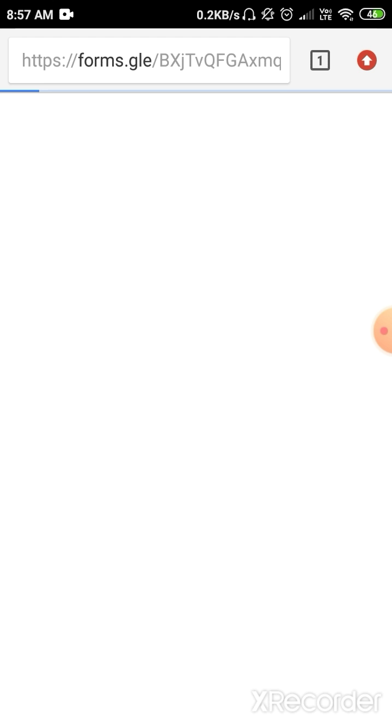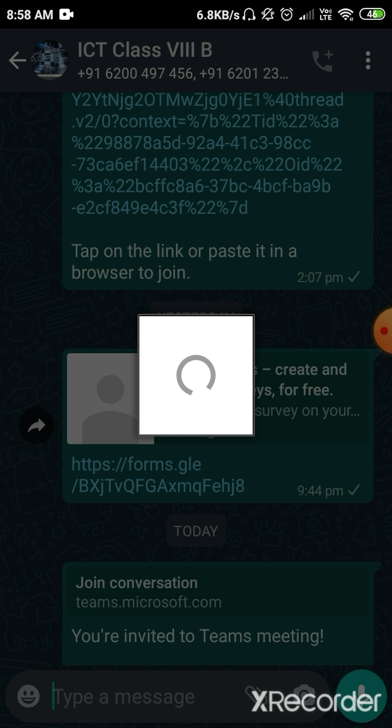You have to open your link in Google Chrome. Suppose that you are using any other browser, then you will copy this link and paste it in the address bar of Google Chrome. This link will properly work in Google Chrome.